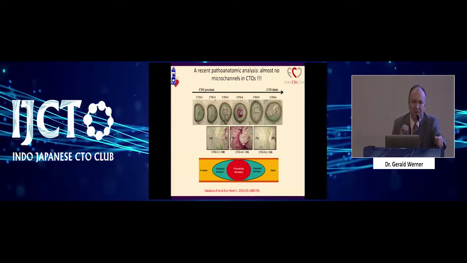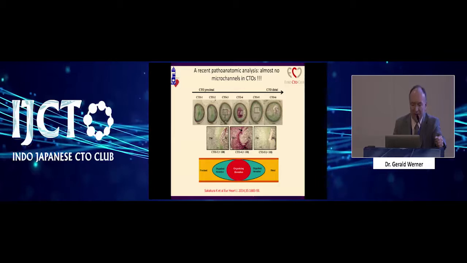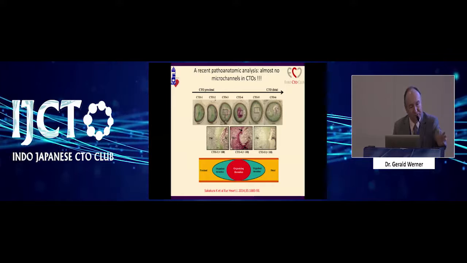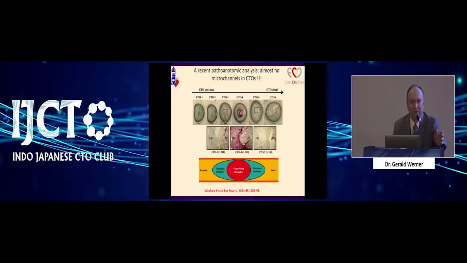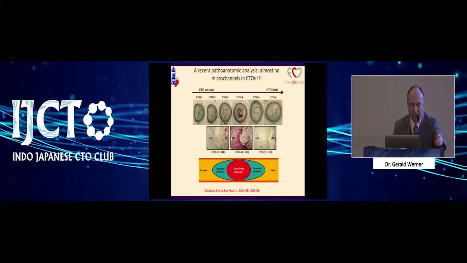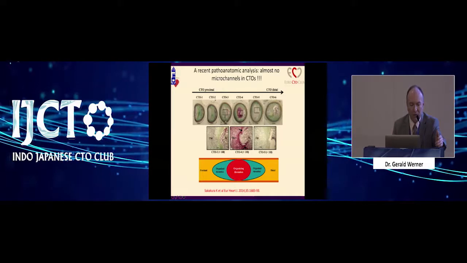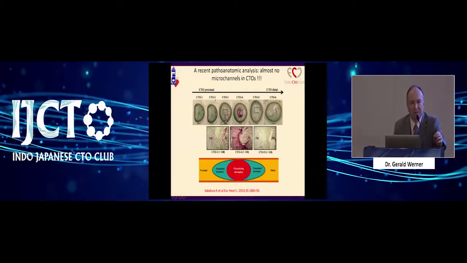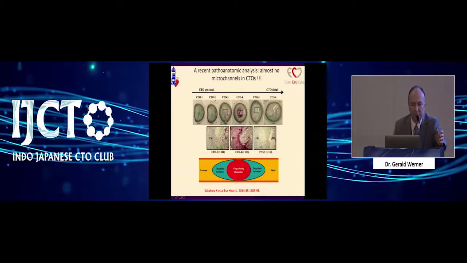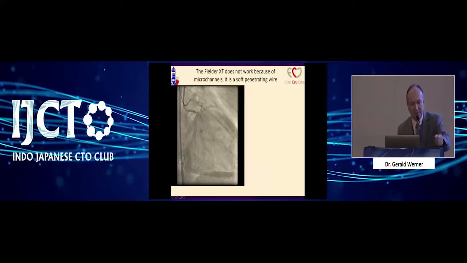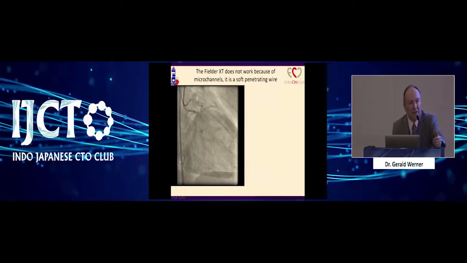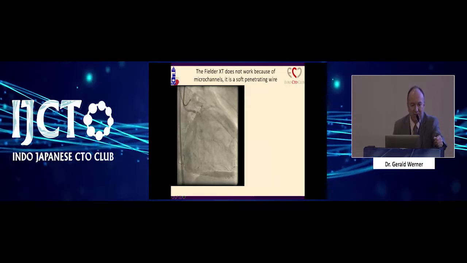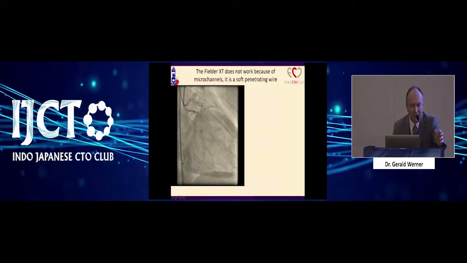So if an XTR or an XT wire passes through a CTO, it will not pass through a microchannel because there is none. But it might pass through very soft tissue because the composition is organized thrombus commixed with calcium, and you will find soft tissue, and the soft wires go through soft tissue, but not through microchannels. This is a very old classic wire. I still use the XT, even though it's almost 10 years, because it's a probing wire, and it doesn't work for